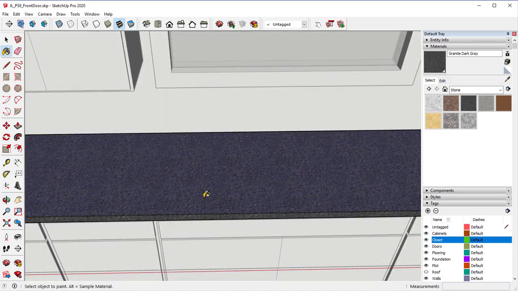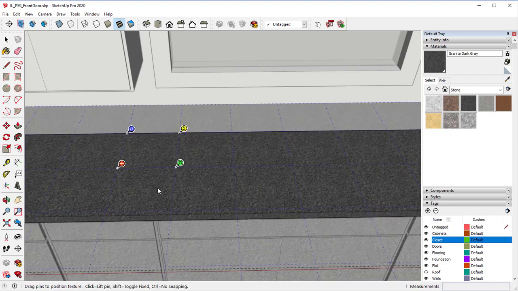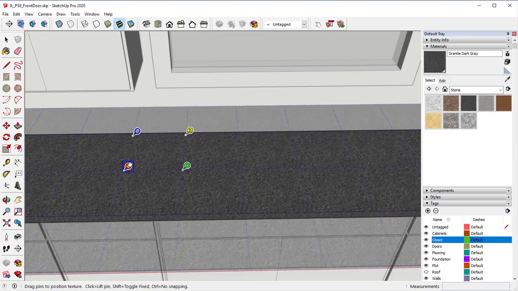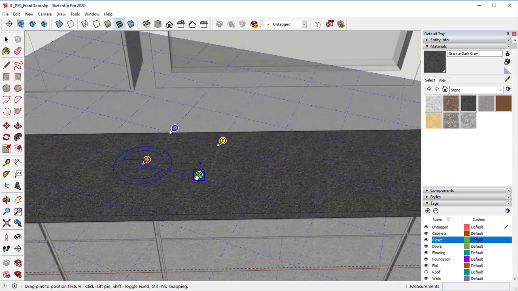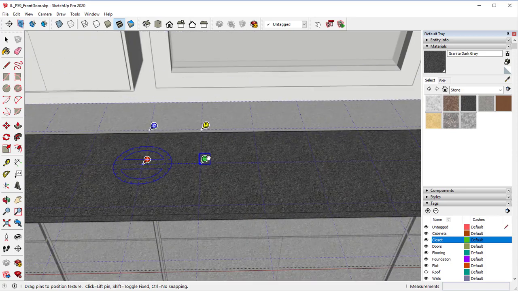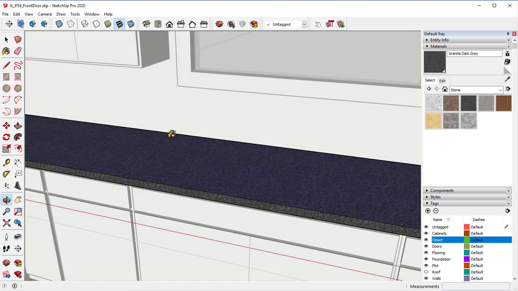The reason why you want to make sure that you're inside the group or component is if we right click, you will see this texture option. This texture option will not be there if you put the texture on top of the group. In this, we can select position, and here we can move this wherever we want to. We can scale it down, we can rotate it around. That's pretty much the two main options that you're going to use. Once you get it the way you want it, hit enter, and there we have our